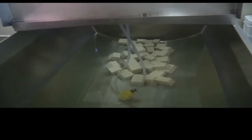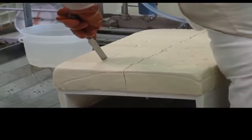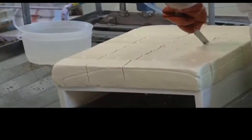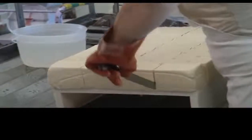The texture is really important in tofu. You want a nice smooth texture, not crumbly. I guess smoothness and then firmness. You got to have a certain amount of firmness so that, well, at least with my tofu, I know